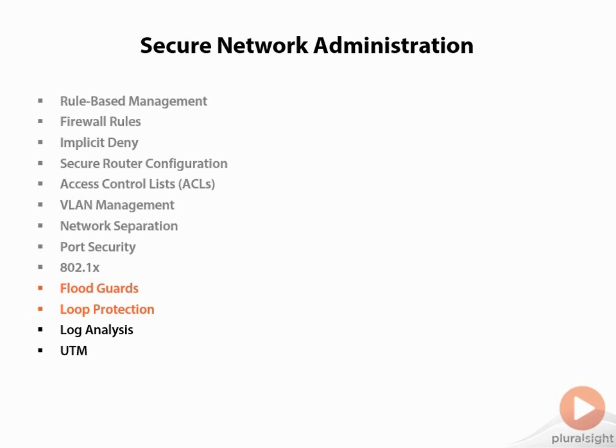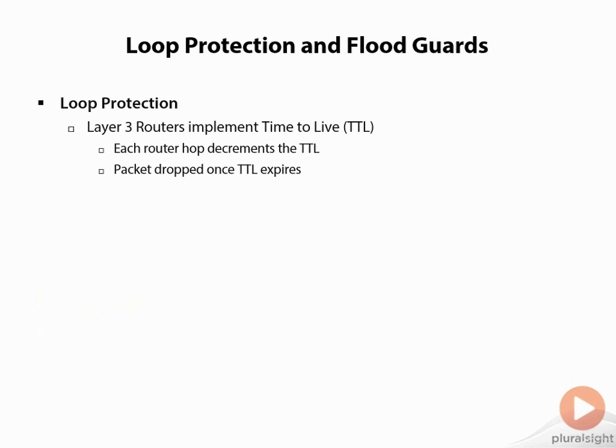Okay, the next concept I want to cover are flood guards and loop protection, and this is going to ensure availability of the network. Previously we talked about securing physical access to the network. Now we want to make sure that that network is actually available for someone to securely access. So, by ensuring availability via flood guards and loop protection, we have a couple concepts that we want to talk